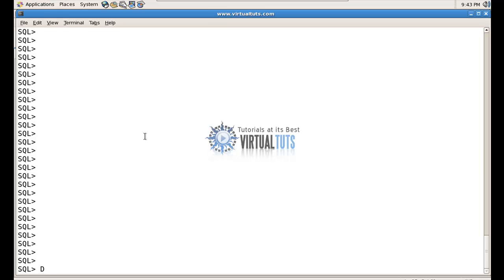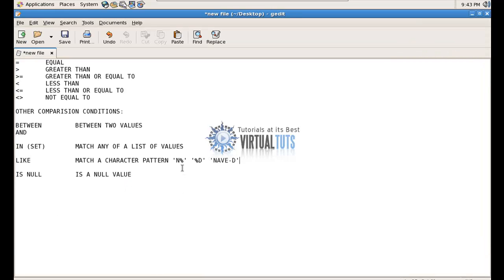This is what the LIKE operator is. Now let's see some examples. Let's suppose I want to search those employees whose first name begins with S. Now what we have to do here, let's suppose if I am searching for an employee whose first name starts from M, I have to simply